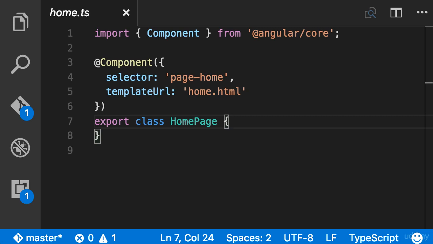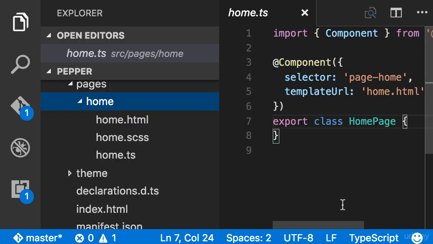So you have learned how to customize the look and feel of your Ionic applications. But sometimes the styles you want to apply are specific to certain pages, not global in your application. In those situations, you can create a separate SCSS file for each component or each page. For example, in our starter template, you can see that in our home folder, we have 3 files: HTML, SCSS,